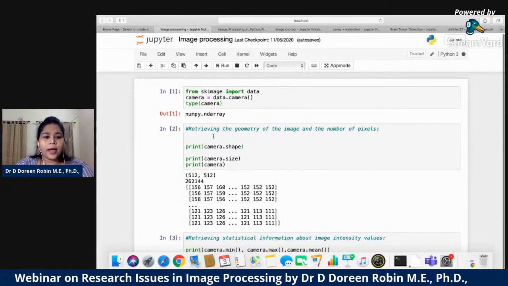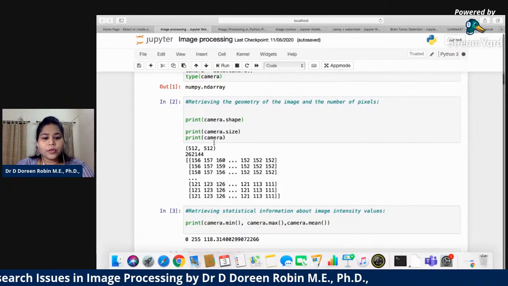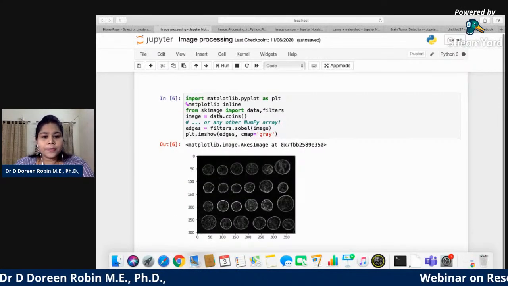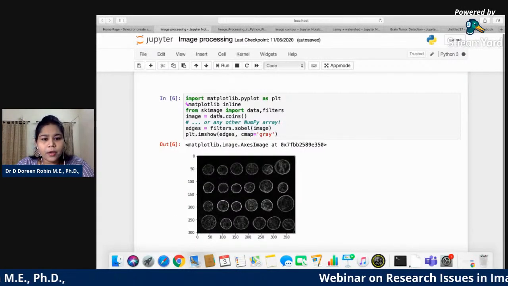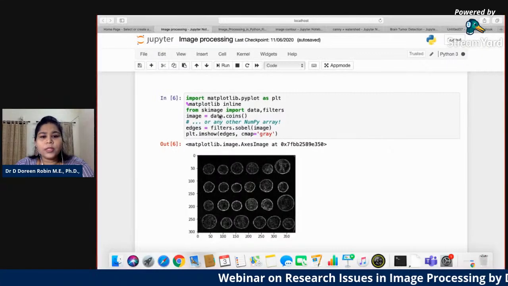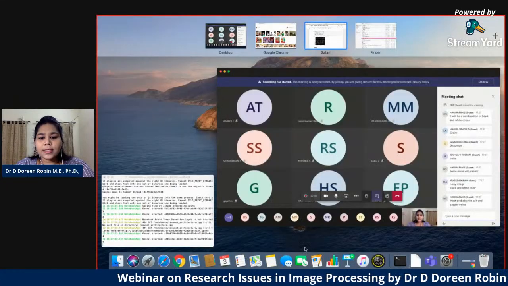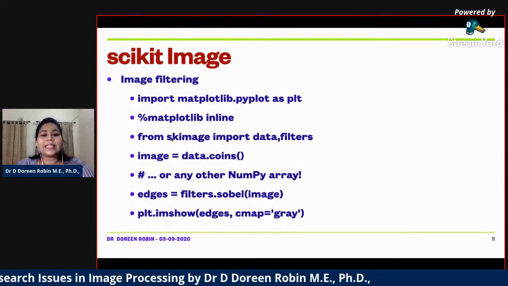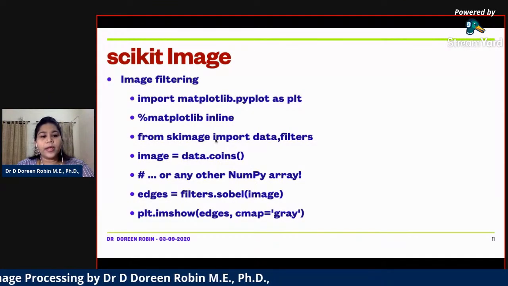Can you see here? What's the first package I said? It is scikit-image. So skimage is the package, and I'm importing it.